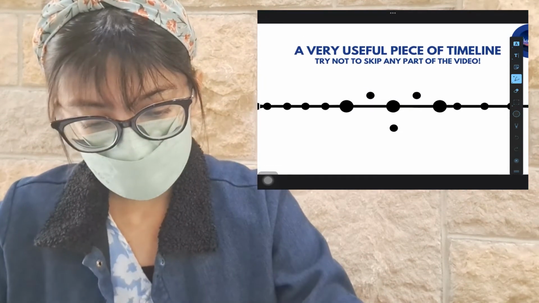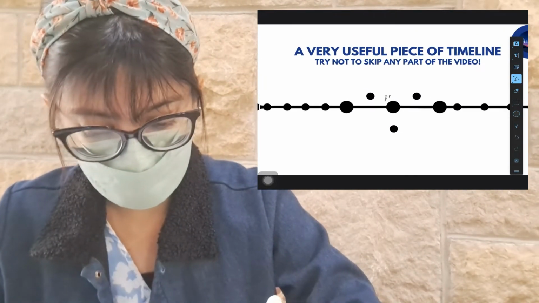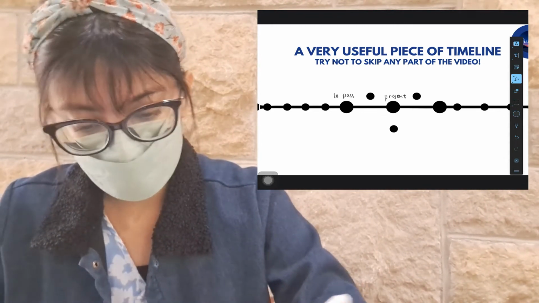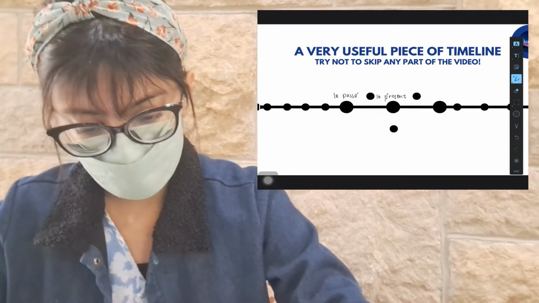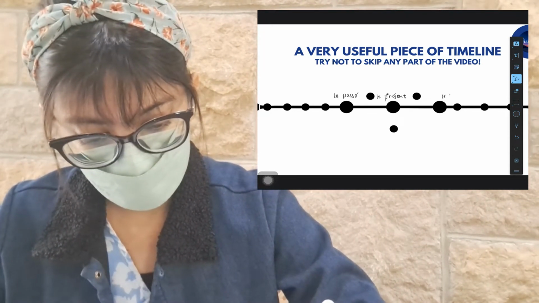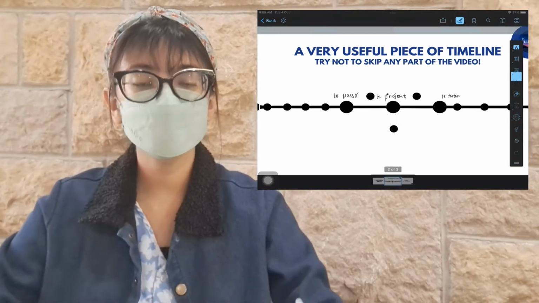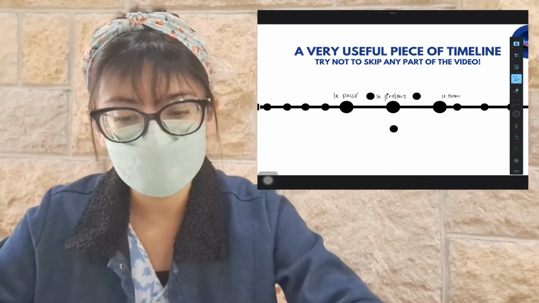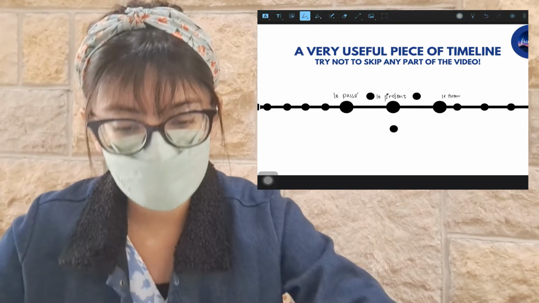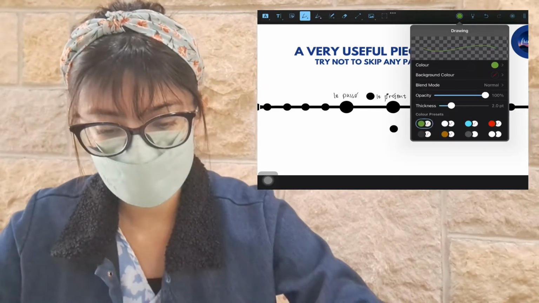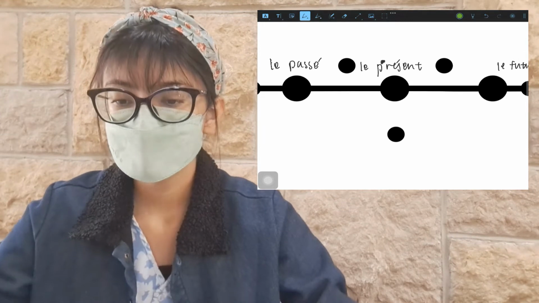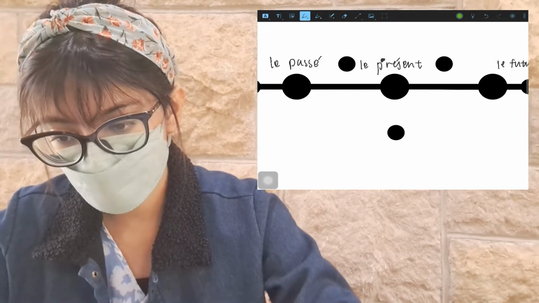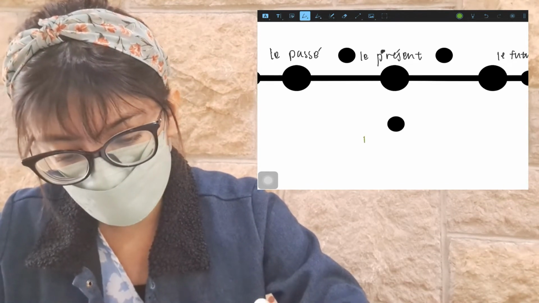Okay, so as I've said previously, there are three major parts of the tenses. So we have le passé, le présent, et le futur. Now, quelle est la différence entre eux? So what are the differences between them? And what are the tenses that we should be actually looking at while we are learning about the tenses? Now, the first very important thing is I want to focus on the present tense. So in the present tense, we have le présent, l'impératif, and also en train de. So, okay, we will go through it one by one.